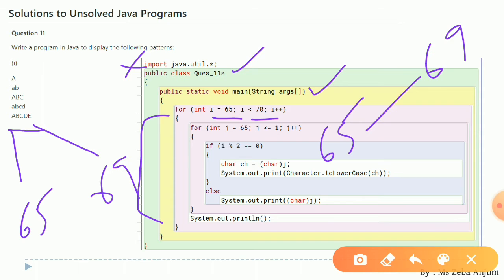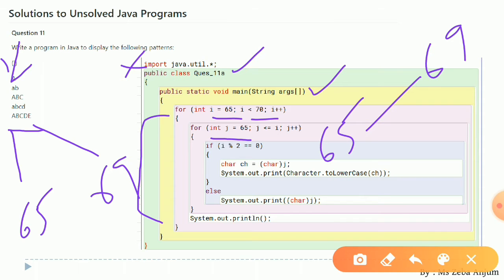Okay, now see the second loop, for j equals 65. Now why are we taking j equals 65 every time? Because the first column is always A. Now, whether it is an uppercase A or a lowercase a, we'll deal with it afterwards. But for now, let us see, the first row, the first column is A. The second column is B, then C, then D, and accordingly it is proceeding further.